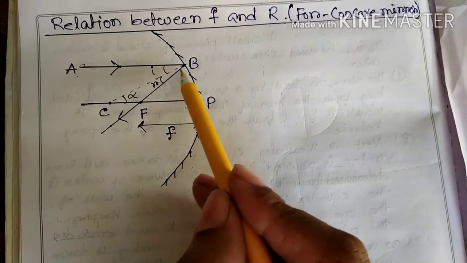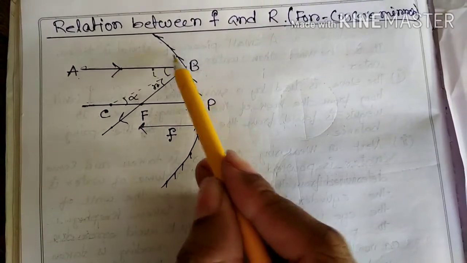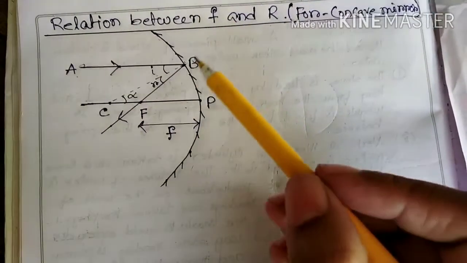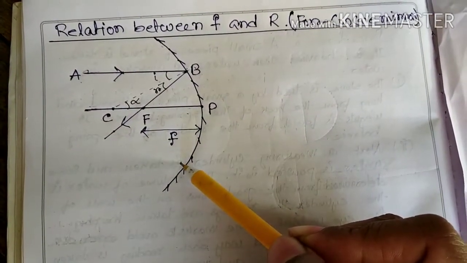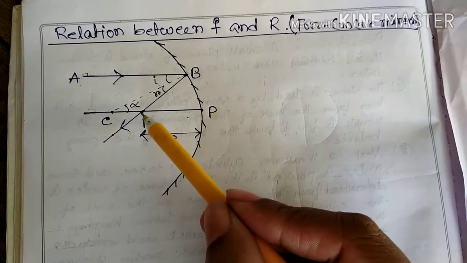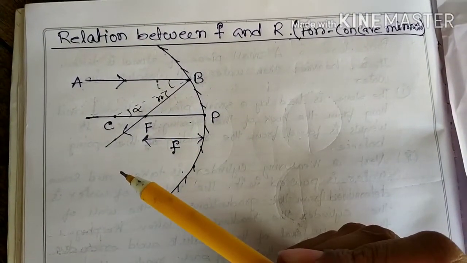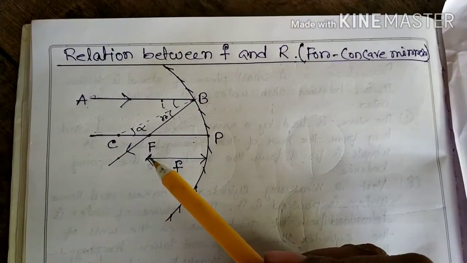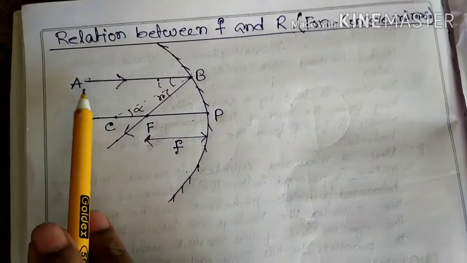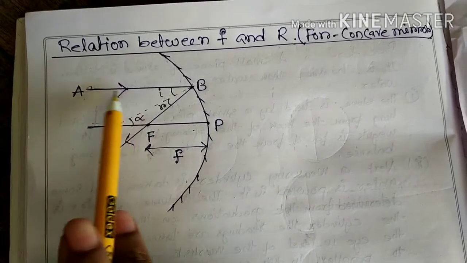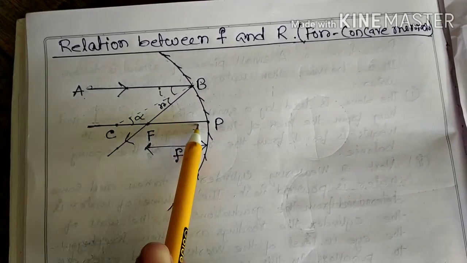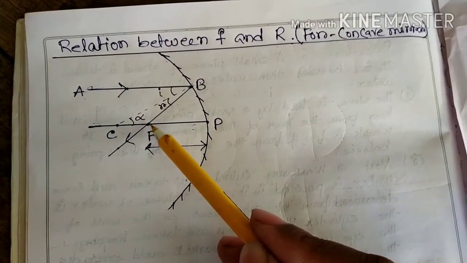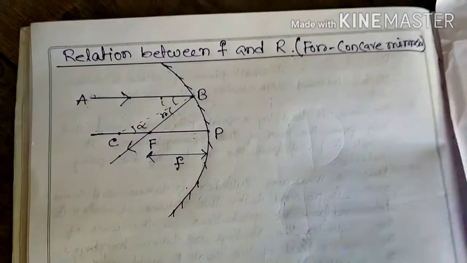If it is incident at point B of a spherical mirror, after reflection from the spherical mirror, the ray converges to point F, that is, through the principal focus. This is one rule: if an incident ray is parallel to the principal axis, after reflection it will go through the principal focus, and its opposite one, see,